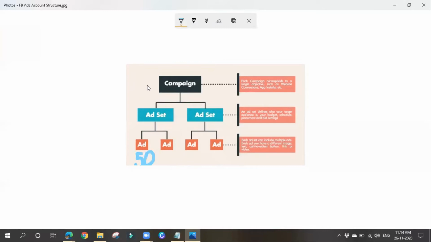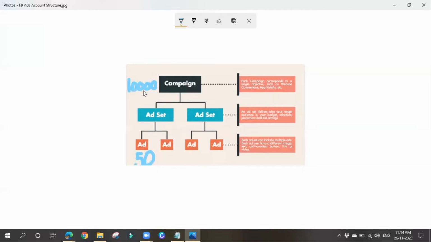You can have 10,000 campaigns for each ads manager account. 10,000 campaigns we can create. So it is very huge. No need for going again and creating another ads manager account and all.